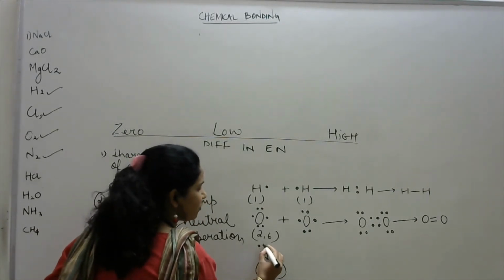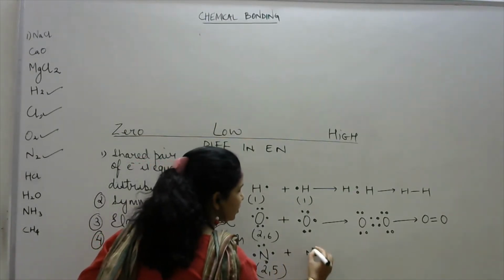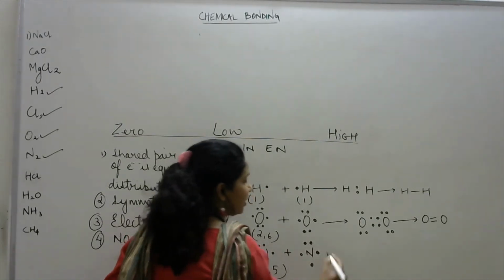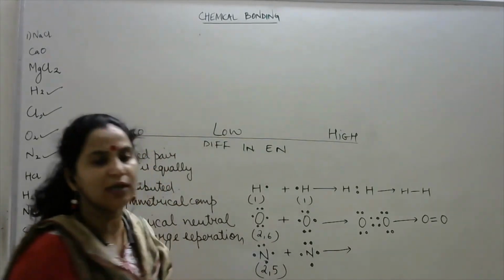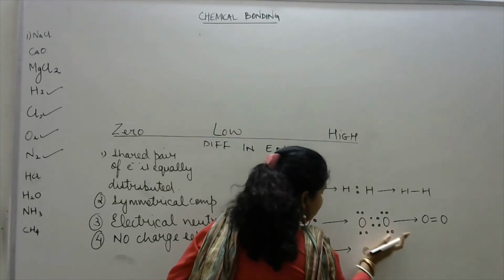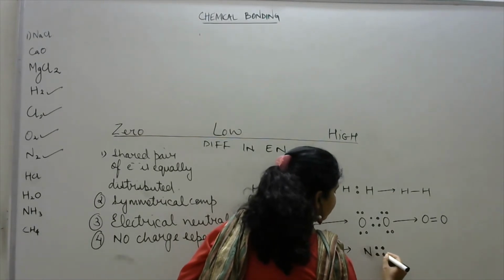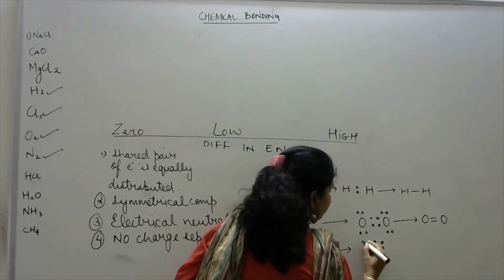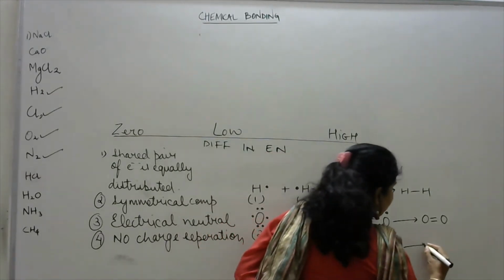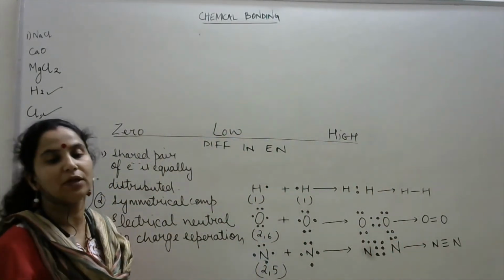Same way if I go for nitrogen, nitrogen electronic configuration है 2,5. 2,5 मतलब उसके आउटर ऑर्बिट में 5 इलेक्ट्रॉन्स हैं. अब ये एक और नाइट्रोजन एटम के साथ कंबाइन होता है जिसके आउटर ऑर्बिट में 5 इलेक्ट्रॉन हैं. 5 को ऑक्टेट कंप्लीट करने के लिए कितने इलेक्ट्रॉन्स की जरूरत है? 3 और की जरूरत है. तो they share 3 pairs of electrons. अब 3 pairs of electrons मतलब this will be denoted by 3 lines, and 3 lines means triple bond.